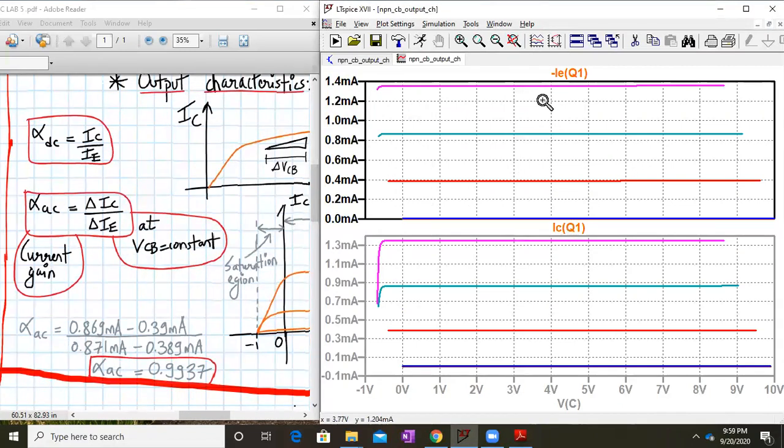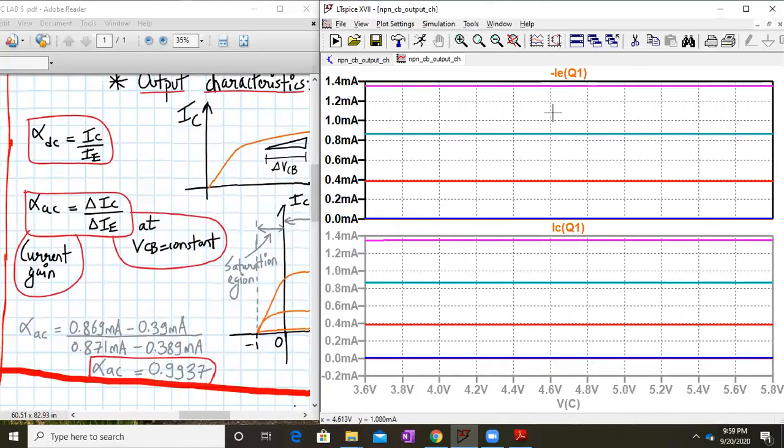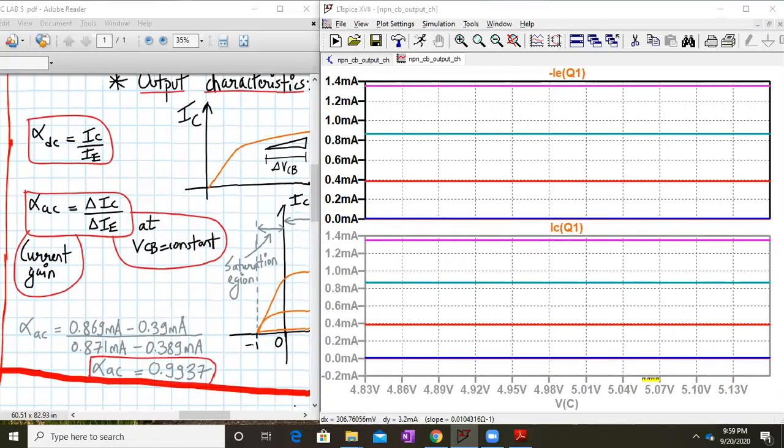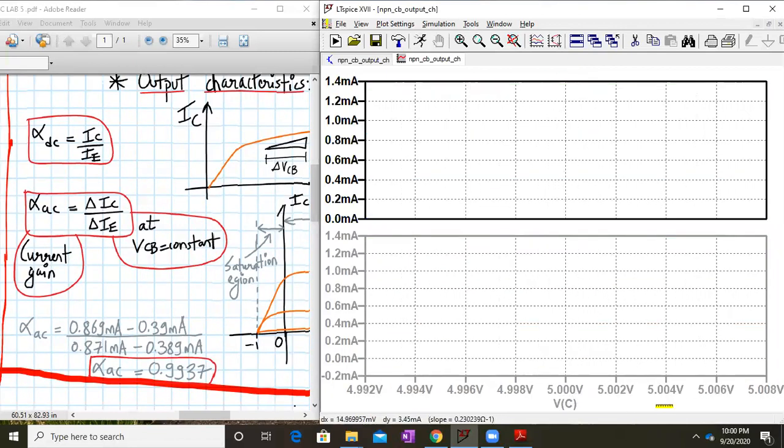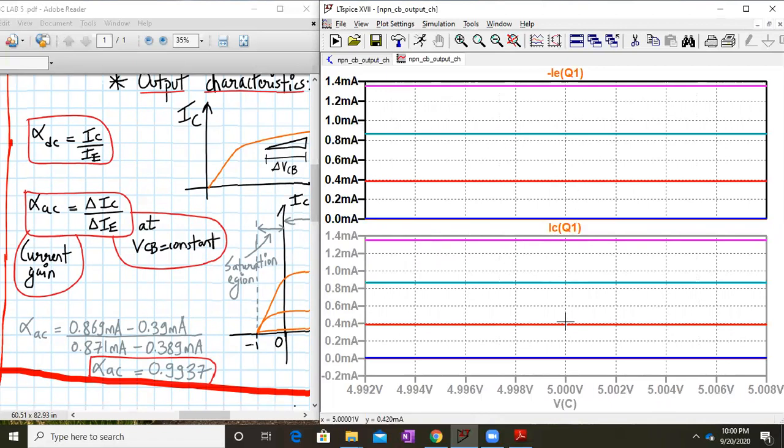Now we have to expand it near 5 volts. You can take any voltage, but I am particularly using this 5 volt. So we have to do this 5-6 times to get more accurate results. Okay, yeah, we got it. This is 5.00. So what I will do is take this point of IC1. So this is my value of IC1. I'll take this curve. This IC1 is at 5 volt.